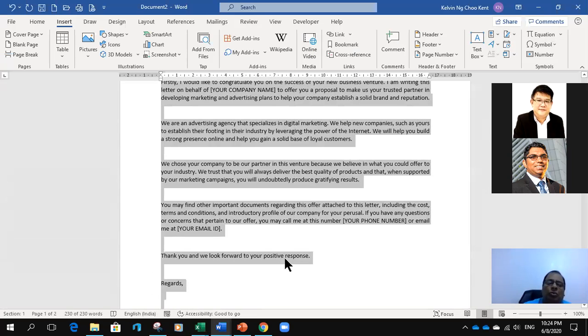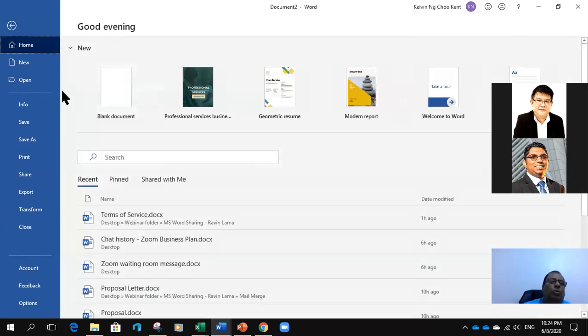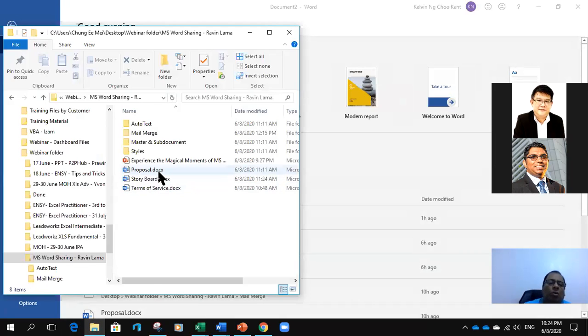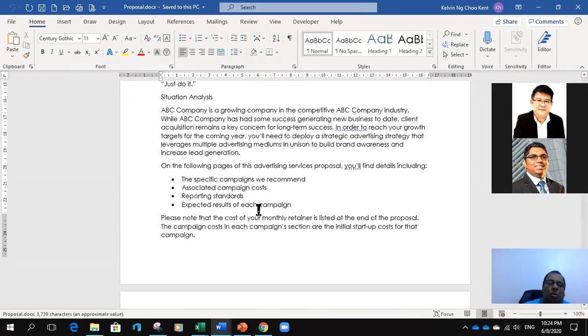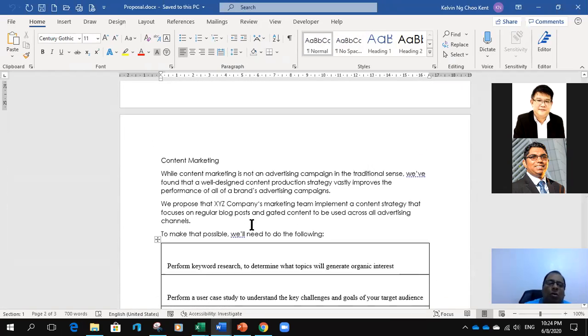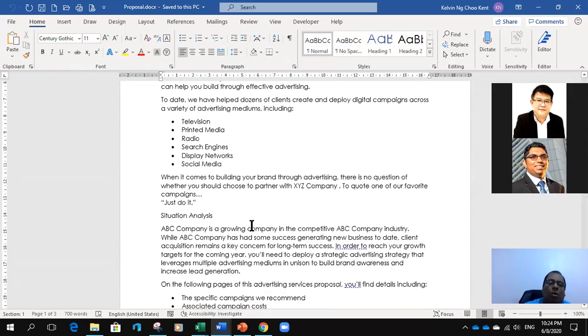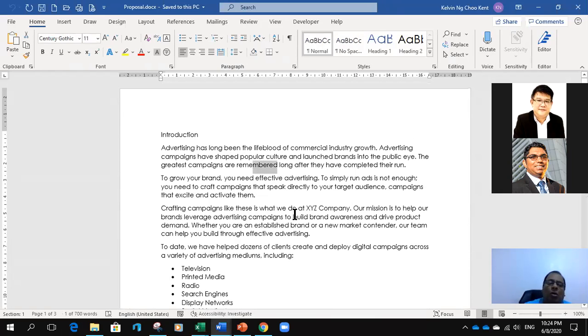Now, let me show you how this is done. I'm just showing you what can be done. So if you are preparing some documents, for example, I opened up one of the letters. Let me just go over here. I have something here called proposal. This is actually a proposal, and I spent so much time on it, and every time I go to a new customer, I just want to use this same proposal, but I just need to modify a little bit here and there. I do not want to open up another file and replace it.